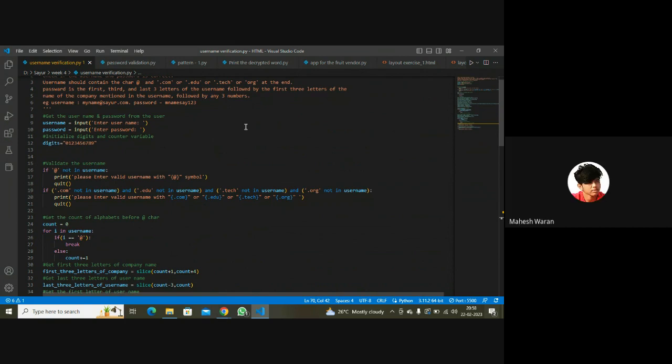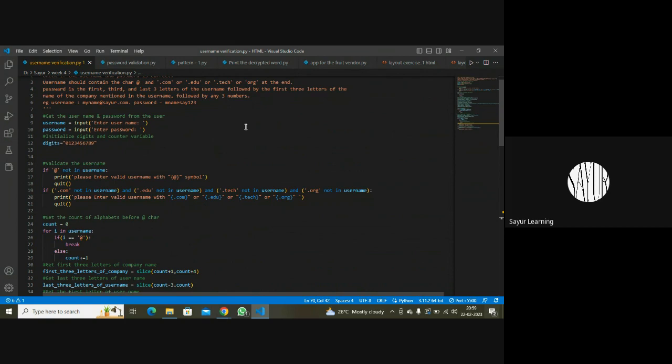Ma'am, the username length will be a bit more. You have to make sure the length is all correct, right? Because we're saying if I take the first 3 letters of the name of the company, and my company is called AA.com, right? American Airlines. So my address is chitra@aa.com. Is this going to work? It's not going to work. So you have to check. You have to have at least 3 letters in your company name.